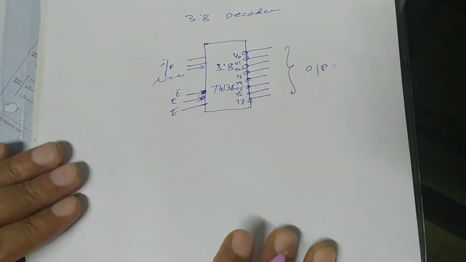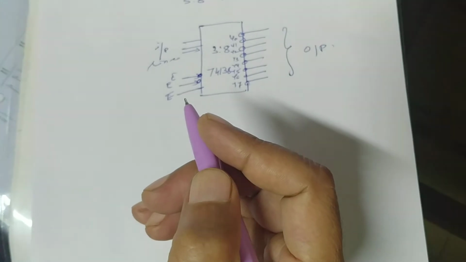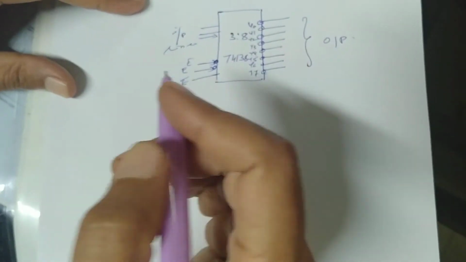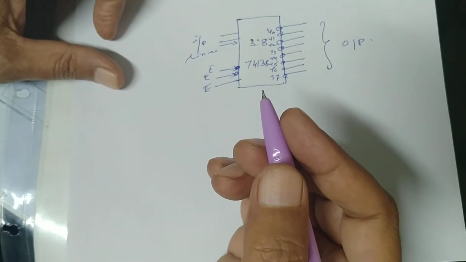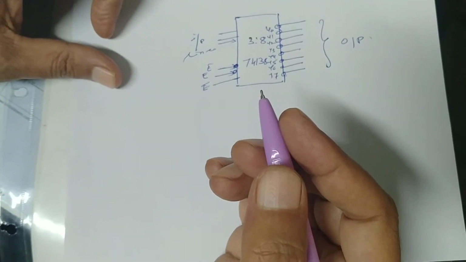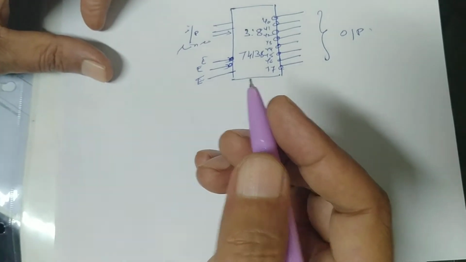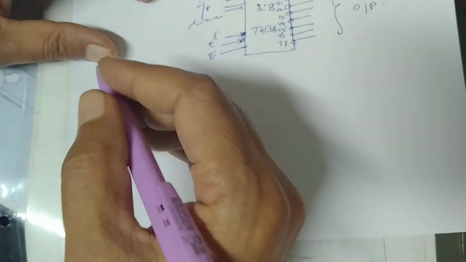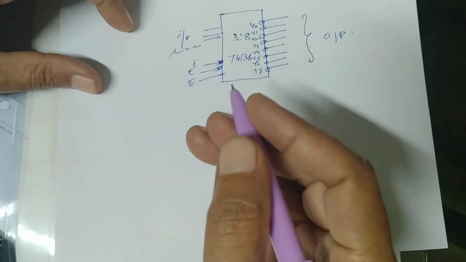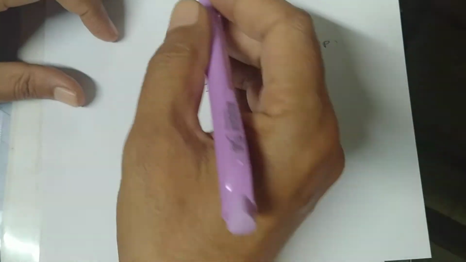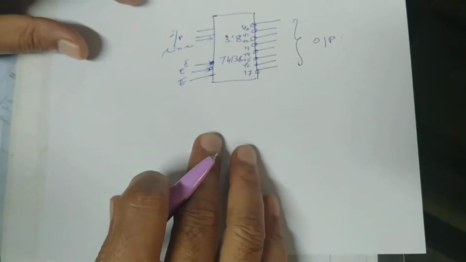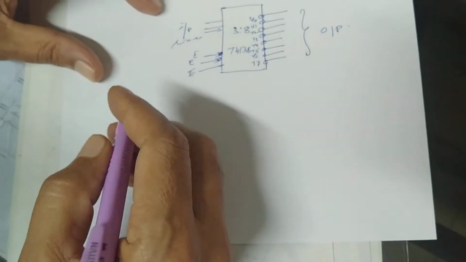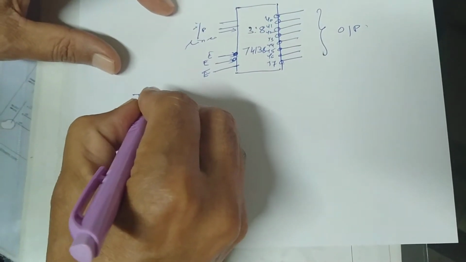full adder practical. Now very first we should know what is meant by the full adder. As you have studied in first year, half adder and full adder, you have performed practicals on that also. Now very first we have to prepare the truth table for this full adder, then put that in the minterm format, and then we can implement this full adder circuit with the help of this 3:8 line decoder. So here is the truth table for the full adder: